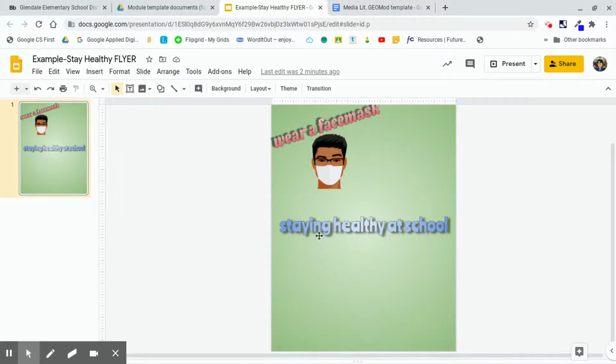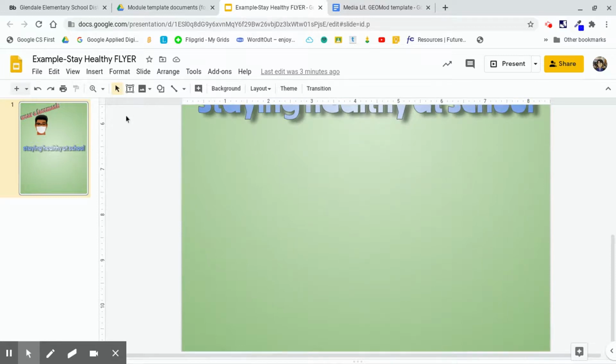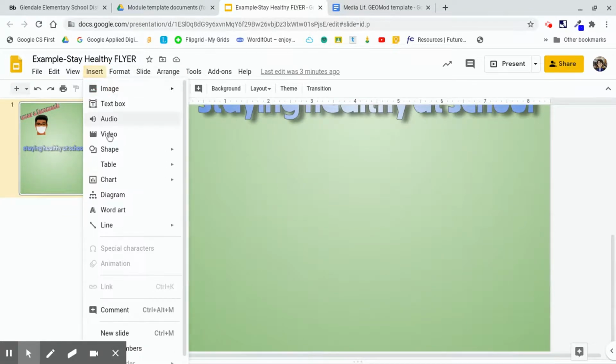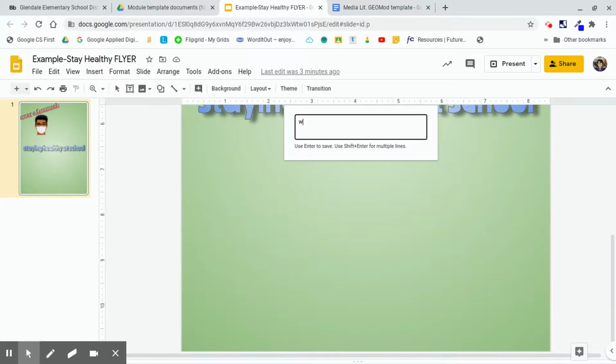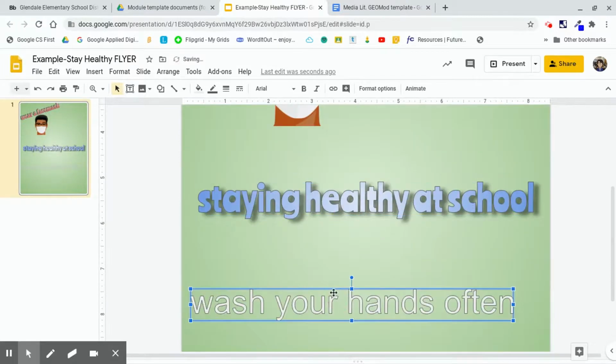I'm going to add two more ways that we can stay healthy at school. Now, I might go a little bit quicker, but you can always go back in the video if you need help on details. So I'm going to add washing our hands often. So let's go back to, I'll actually first zoom in a little bit. I'm going to put it right down here. So I'm going to go to my drop down menu. I'm going to go to insert word art, and I want to put wash your hands. I'm going to say often, which means quite frequently. Enter, and know that it's just going to go to the center. And I want to move that,